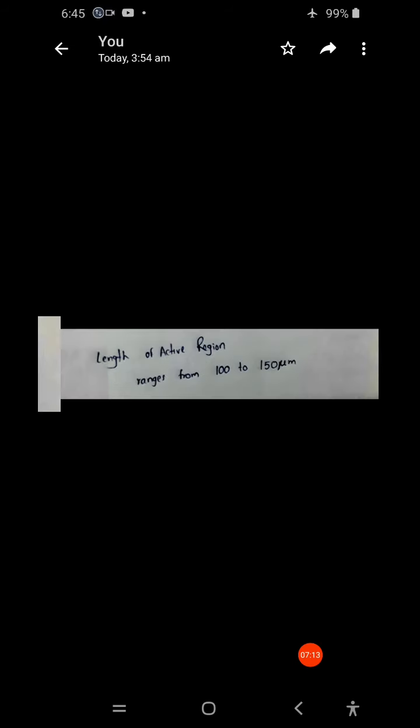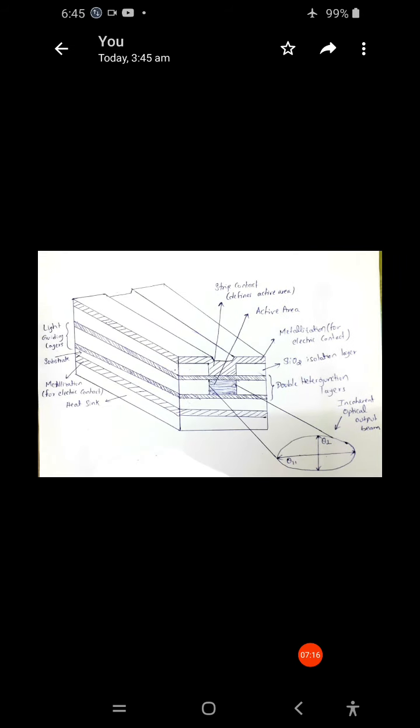And next, from this edge emitting LED we are getting the emission pattern, that is the light. The emission pattern of the edge emitting LED is more directional than the surface emitting LED. We are getting the light now from this edge emitting LED that has some pattern, that is the emission pattern.